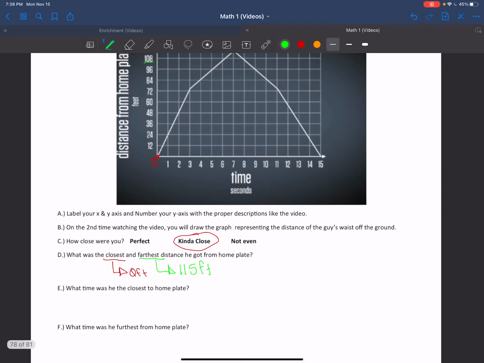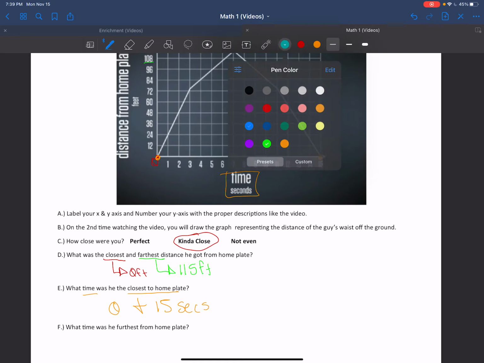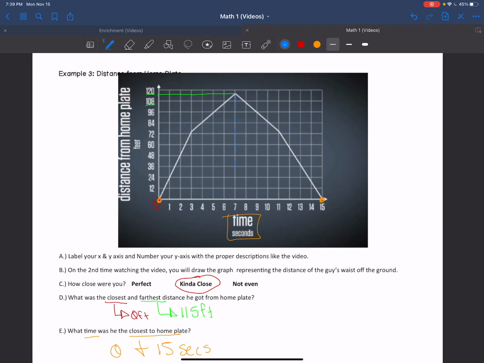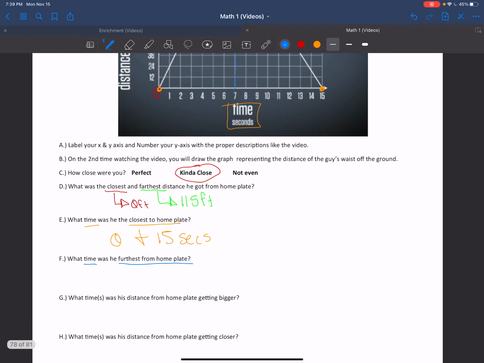So what times was he the closest? Well, because again, we're talking about times from now on, he was the closest at 0 and over here at 15 seconds. That's when he was the closest to home plate. Then it asks us, what times was he furthest? Well, the furthest he was away from home plate was up at the top here, and that time is 7 seconds. All right, number G is what